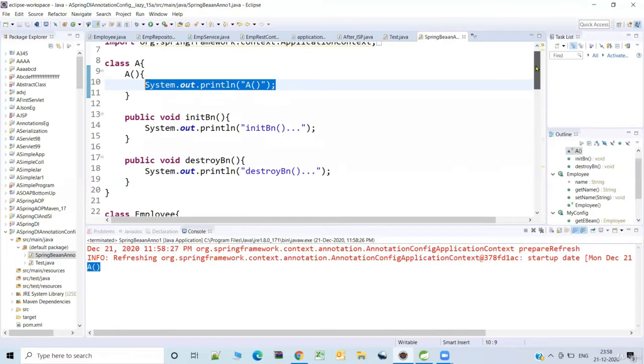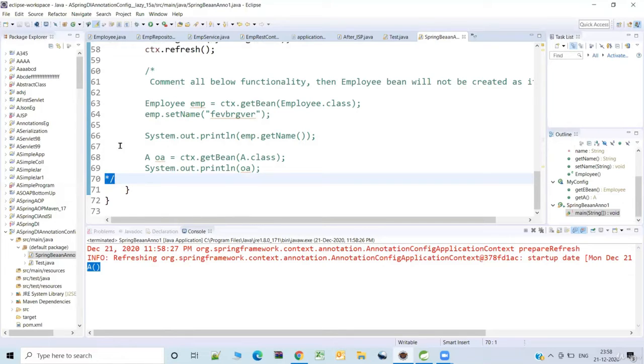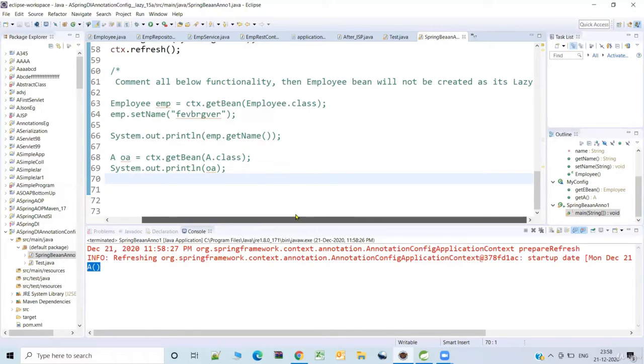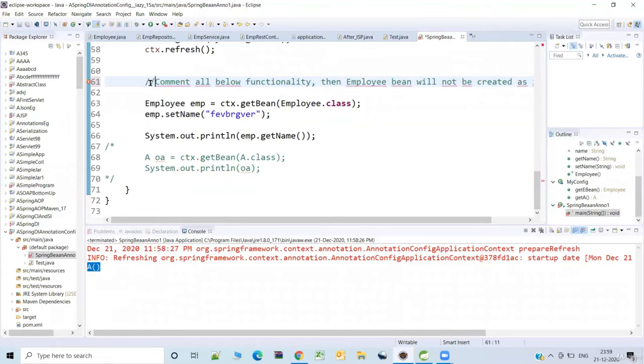Next, let me uncomment this part. See here, what is happening is that A, anyway, I am not explicitly requesting, but still it's being loaded, because eager loading is used for that.